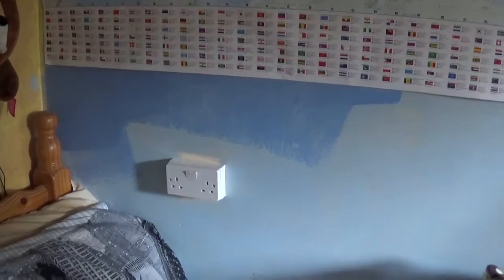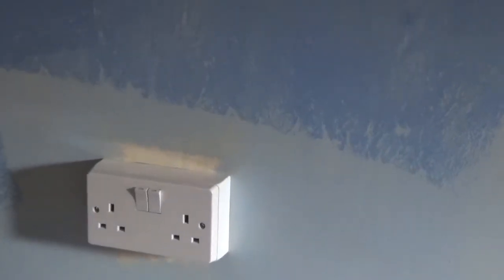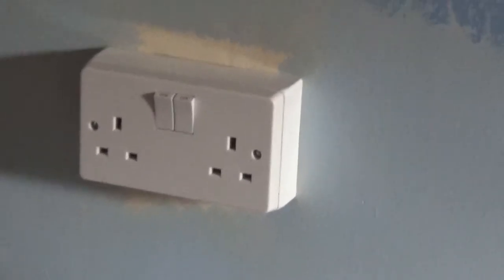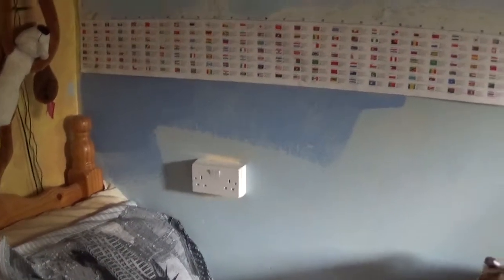See, look, there's another one of those plug sockets. Now at least it's a double one again, unlike the one that was there originally. It was just a single socket. Now I've got a double socket. Oh, mind you, I can put my light back in there now. I can plug my light back in. So that's something at least. So I can plug my light in and maybe plug something else in if I...